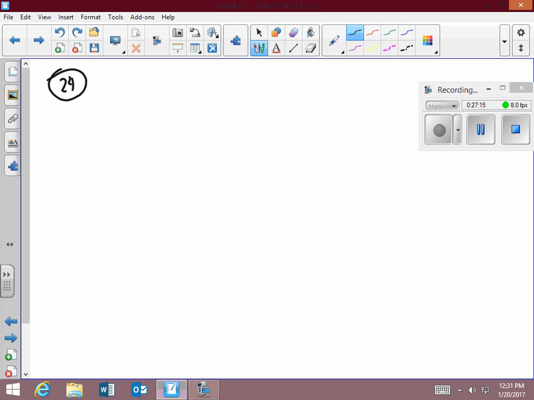It says convert each of the following angle measures to degrees and decimal fractions of a degree, round to the nearest thousandth of a degree. So A is